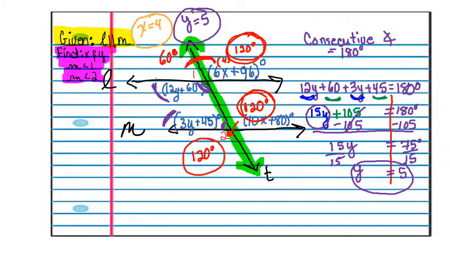And to tell you the truth, you should be able to find all the measurements of all the angles once you have discovered just one of these angles. Once you have discovered just one, you can actually identify the measure of all the angles using vertical angles and our